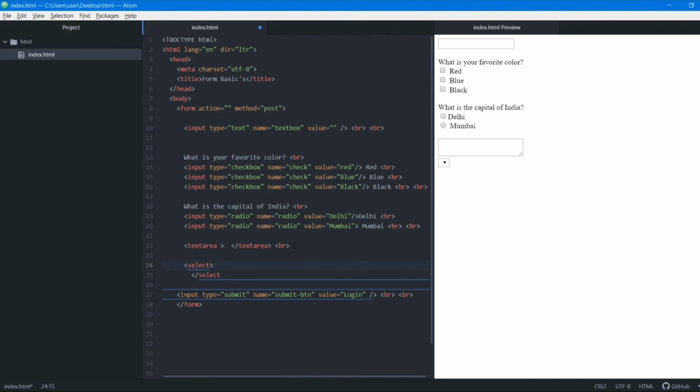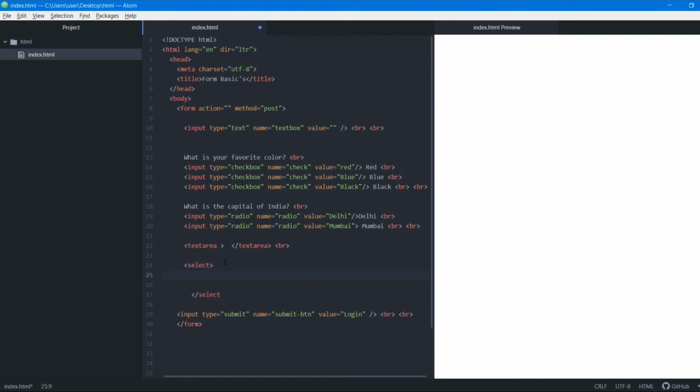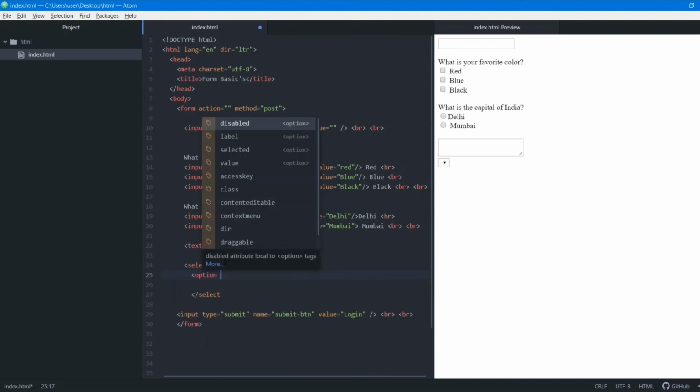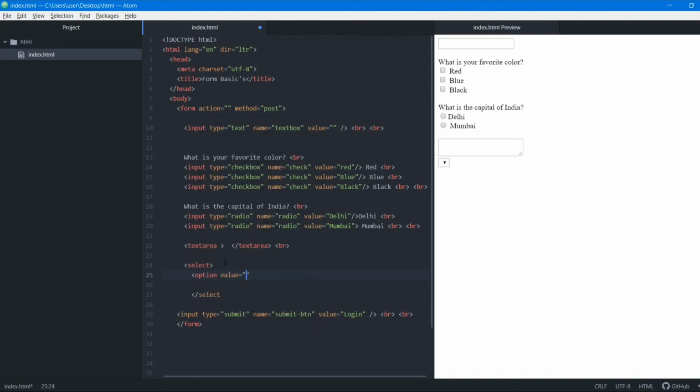You can see that before even writing anything, the drop down menu has appeared here, but we have not given it any options, so nothing will appear. The first thing we want to do after creating the select tag is input another tag called the option tag. In this option tag we're going to use an attribute, and the attribute will be value.